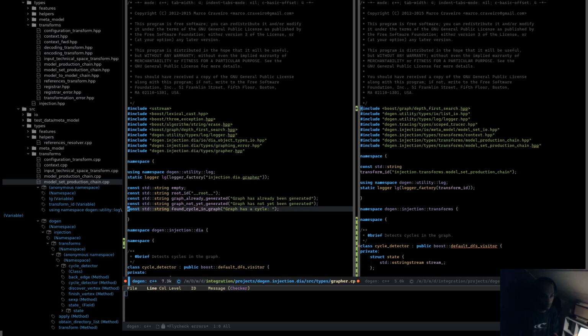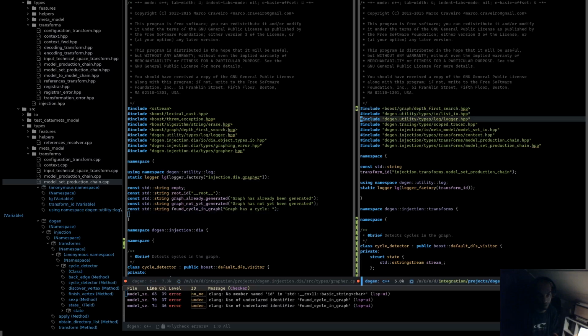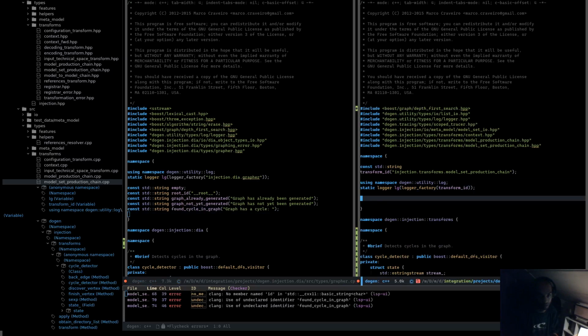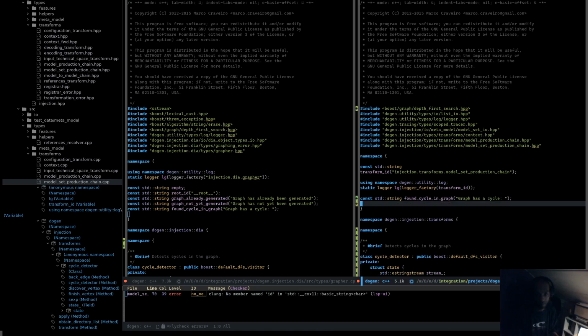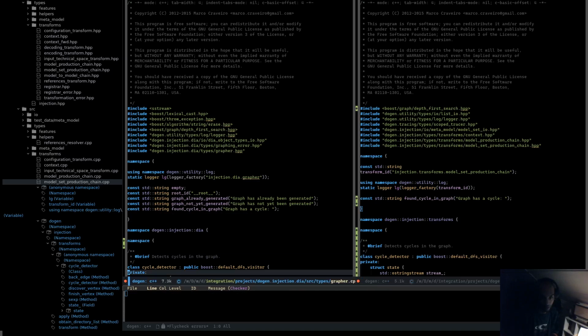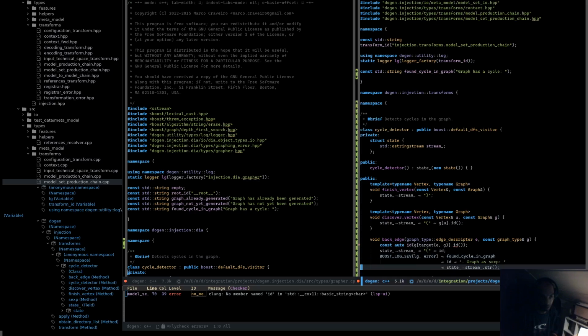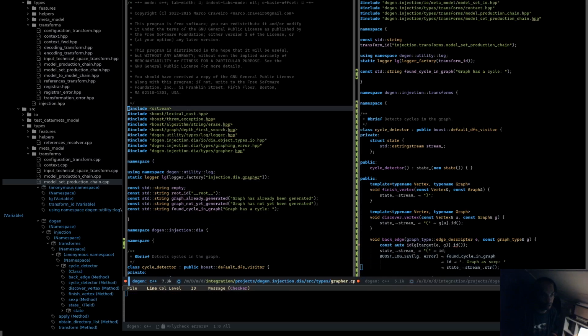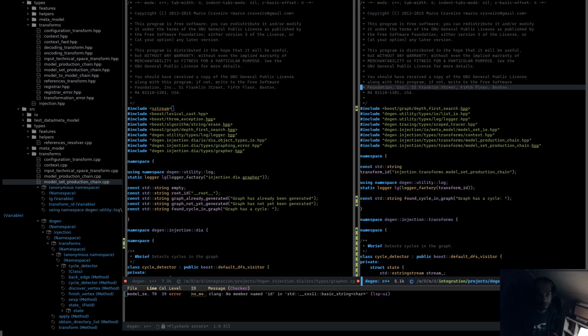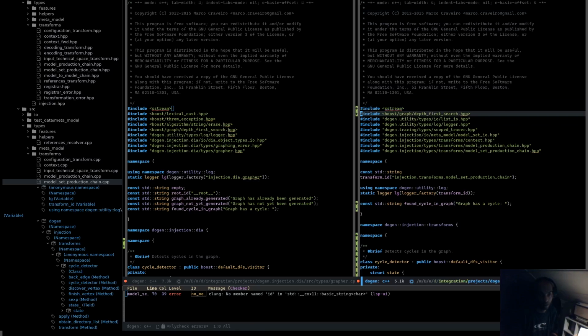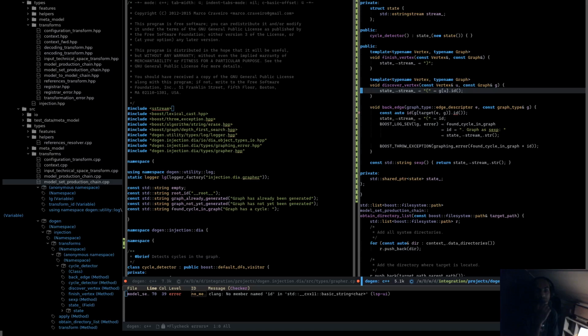And we'll take two things from here. Well, we don't really need a root ID, because I think the root ID is just going to be the target model. So we'll just copy this message. And we have a cycle detector, right? So as you can see here, we have a little O-string stream. The idea with the O-string stream is just to give us an idea where we are in the graph. And then